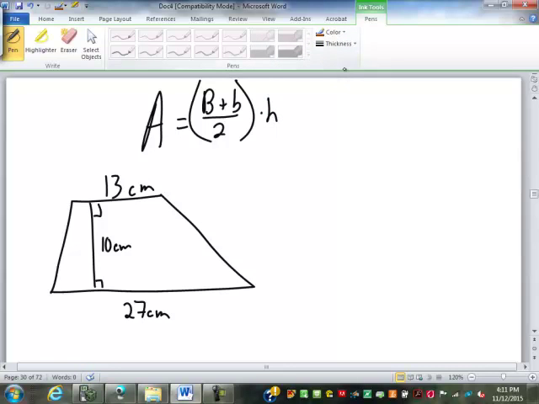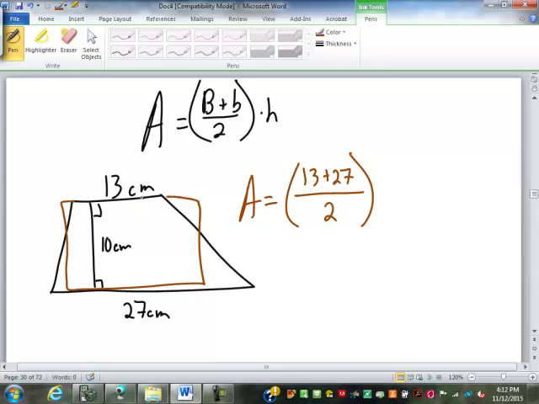So to find the area, I average the bases. What are my two bases? 13 and 27. So 13 plus 27 and then divided by 2. That gives me what would be the length of this related rectangle. And I'm going to multiply that by the height of 10. So 13 plus 27 divided by 2 is, better be 20. Times 10 is 200